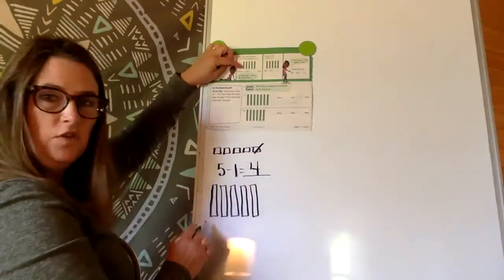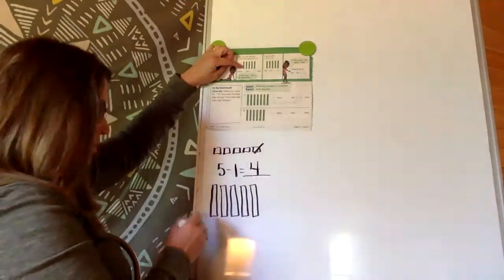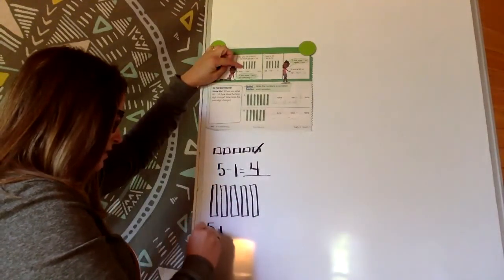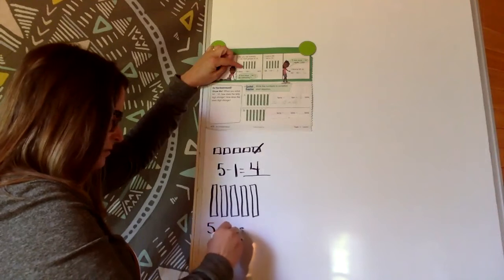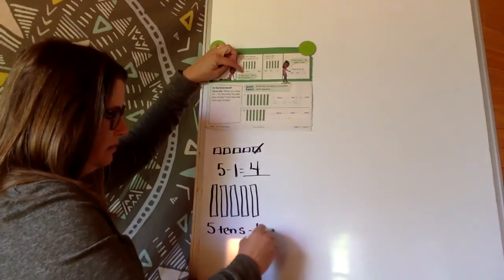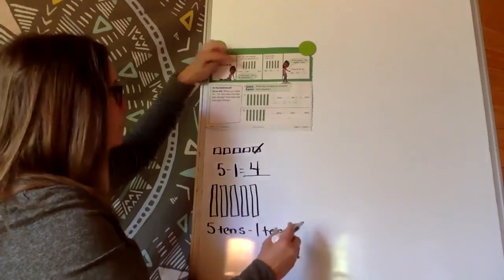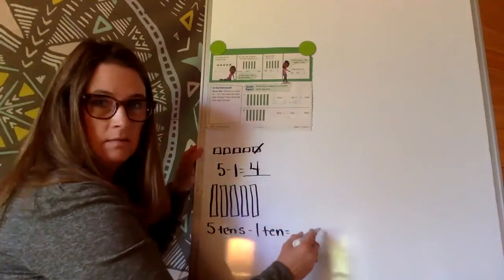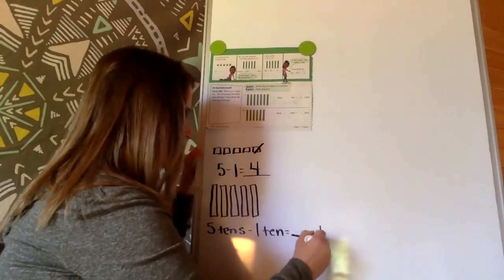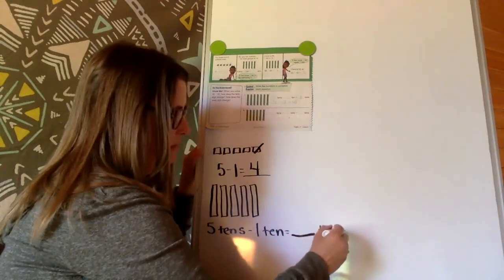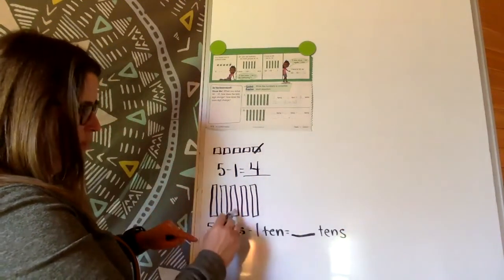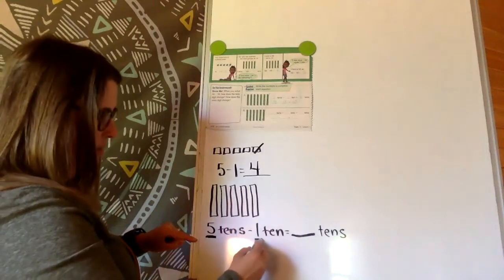And now they've used, instead of using the numbers, they're using a digit and a word. So they've got 5 10s minus 1 10 equals blank 10s. Make sure I keep checking to make sure I'm not going off of the computer screen. Okay, so if I have 5 10s, 1, 2, 3, 4, 5, and I have 1 10 to